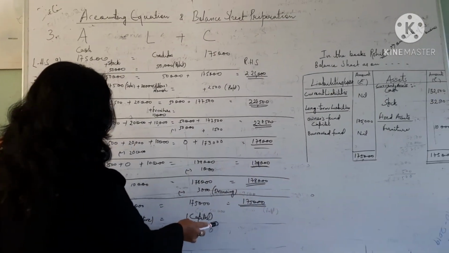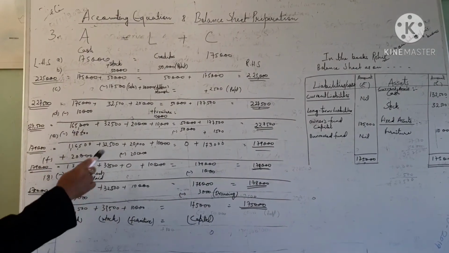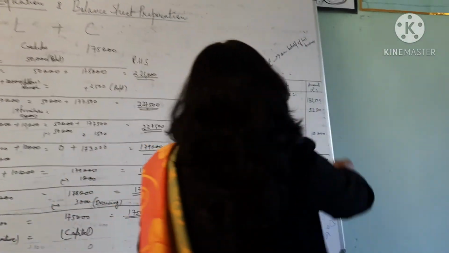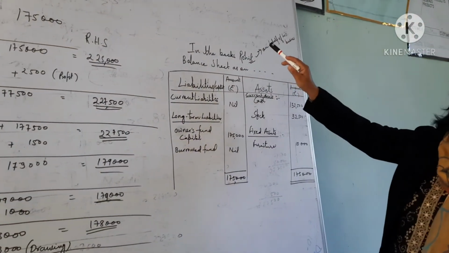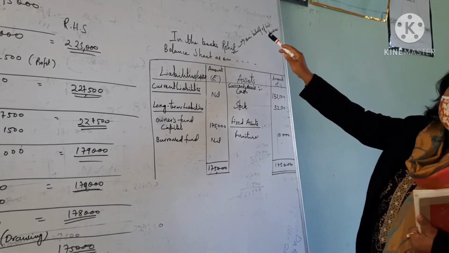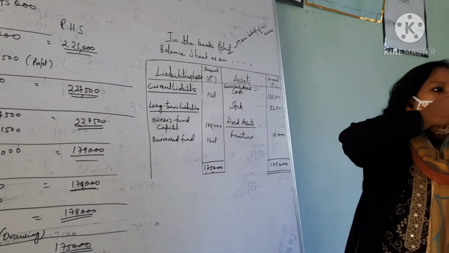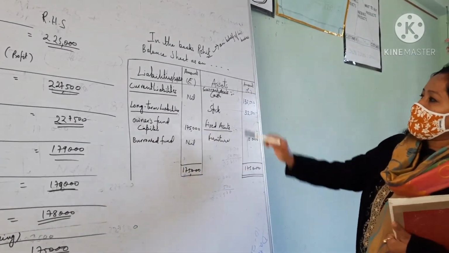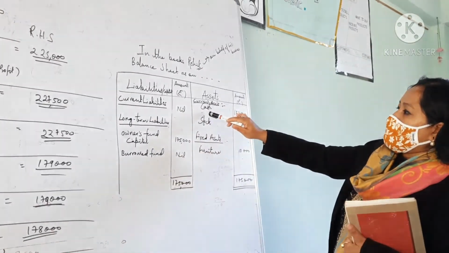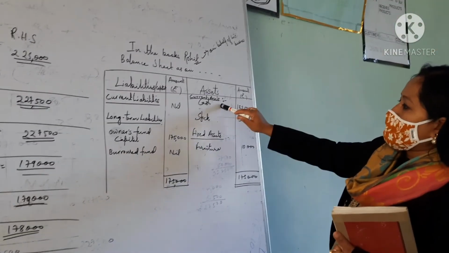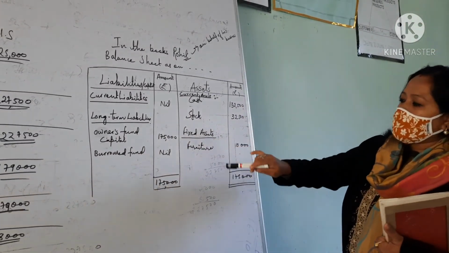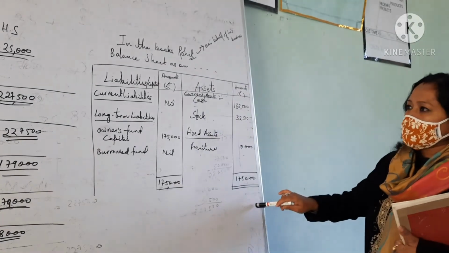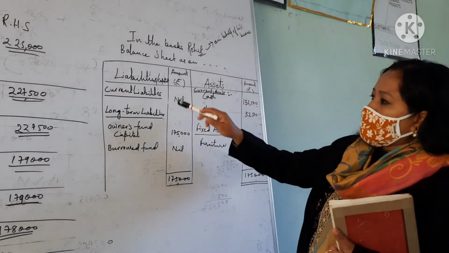Okay, so with the help of this accounting equation, we can prepare the balance sheet like this in the books of the owner, because the owner prepares the balance sheet on behalf of the business. So the position of the assets and liabilities will be like this. In the asset side, we can write current assets. We have only two items, that is cash and stock, and then fixed asset. Under fixed asset, we have only one item, that is furniture. So altogether it is 1,75,000. And in the liabilities side, we can write the capital.